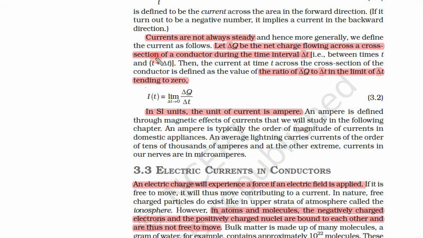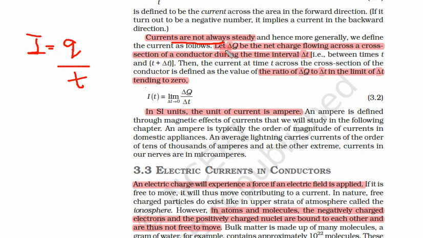Now, this is for steady current. For steady current, that means the number of charge carriers is the same every time. That means if the time is 1 minute, 1 coulomb of charge is going. If the time is 2 minutes, 2 coulomb of charge is going from one side to another, from left to right. But currents are not always steady. That means it is not equal. There is not an equality. That means it is not necessary that in each minute 1 coulomb of charge will flow.